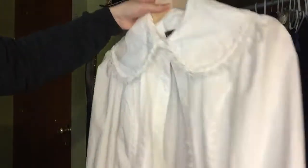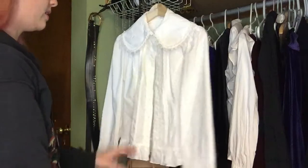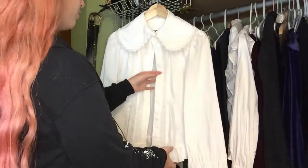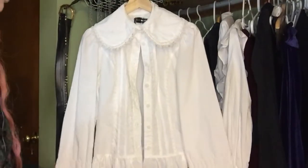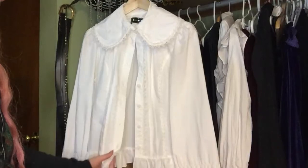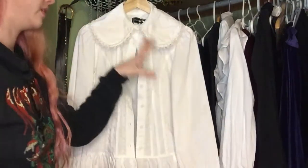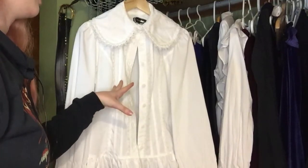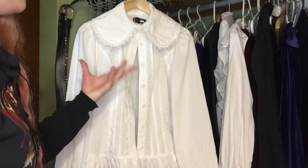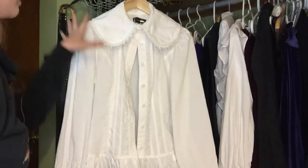The pin tags with the lace details as well. It's very pretty. I wore it for my pirate costume on Halloween, and it was very nice for that. And it's also a Lolita shirt actually, so I could obviously wear it with some of my Lolita dresses, but I keep it in my general capsule wardrobe because it can be worn with a lot of different stuff. It just has to be eccentric enough to balance it out